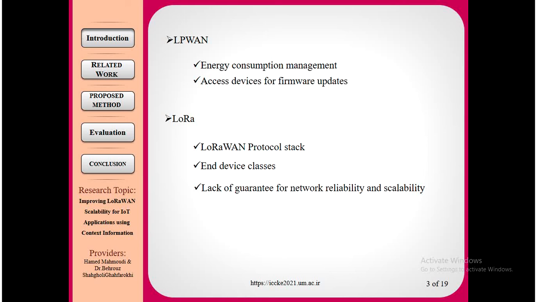In fact, the most important ones are Sigfox, NB-IoT and LoRa, but LoRa is more popular because of industry support like LoRa Alliance, IBM and Cisco. We will talk about the LoRaWAN protocol stack a few moments later. About end device classes in LoRaWAN, as you may know, there are 3 classes, A, B and C. A LoRaWAN network in its base form has negative points. One of the negative points is that there is no mechanism, especially when using class A devices in the network, to guarantee network reliability and scalability, because in this class the mechanism to control access is like the Aloha protocol.